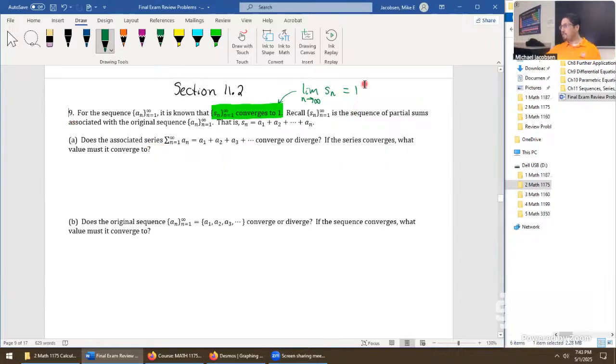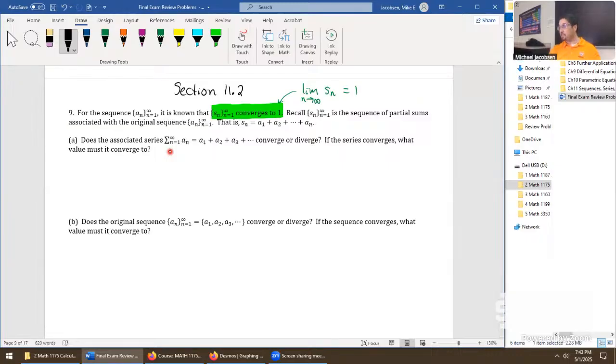Now, we have a limit equals 1 for the associated sequence of partial sums. We want to know, does the series now converge? The only difference between the series and Sn over here is that it's always a finite sum. N tells you the number of terms. But the series, we go off to infinity on this one. And that's what the dot, dot, dot is saying, infinitely many terms that we're taking. Again, this is just a concept question. To determine convergence or divergence here, there is no test.